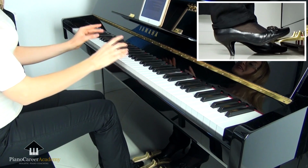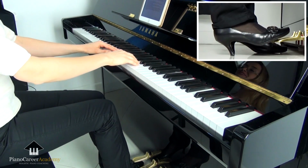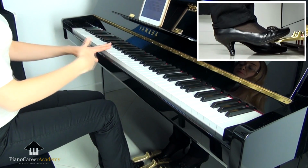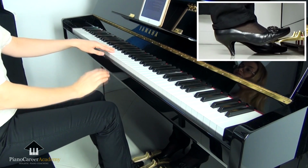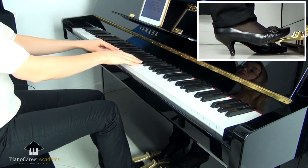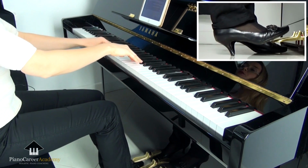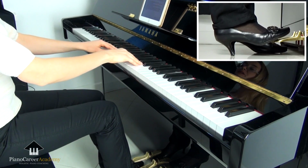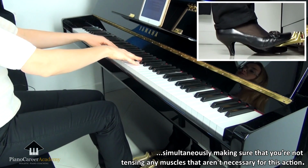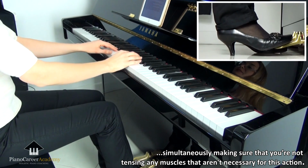And now let's make a quick recap of the healthy way to use the sustained pedal. Make sure your posture is correct, including the distance from the piano, which will allow you to have a right or obtuse angle in your knee joint. Keep your heel on the floor and the ball of your foot on the widest part of the pedal. Press the pedal by using your shin muscles, simultaneously making sure that you're not tensing any other muscles